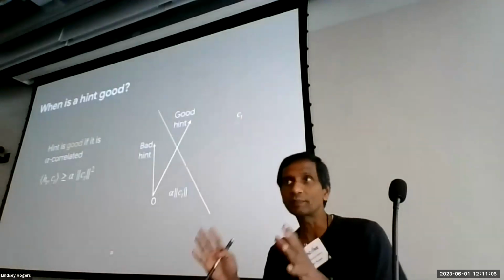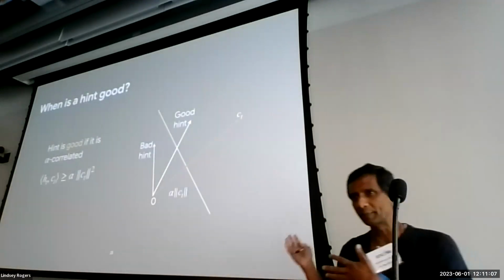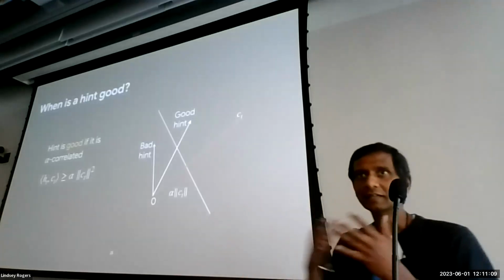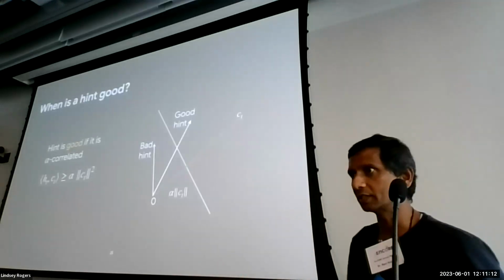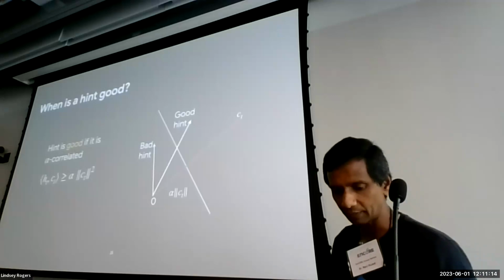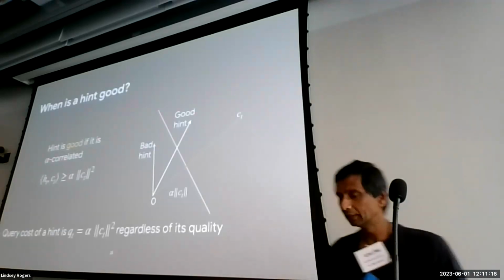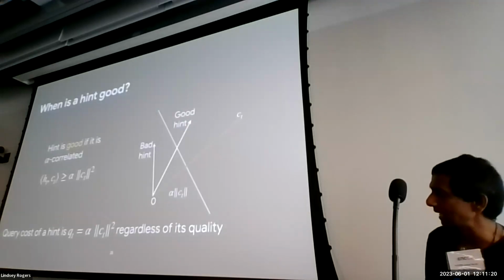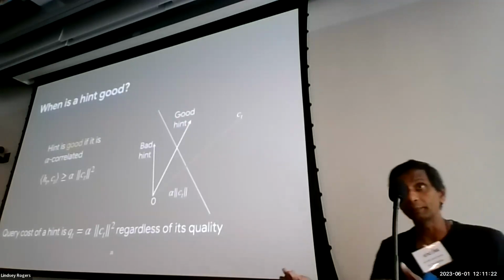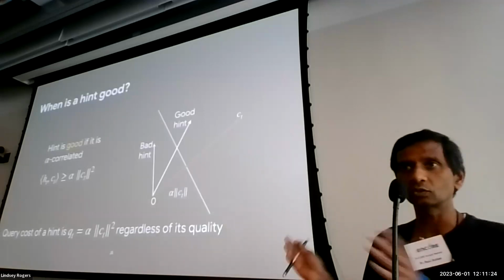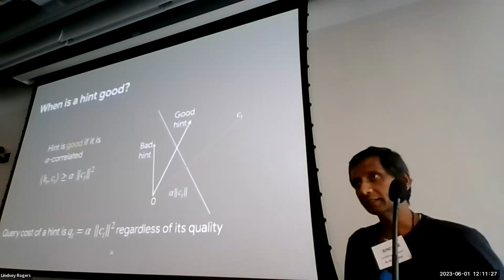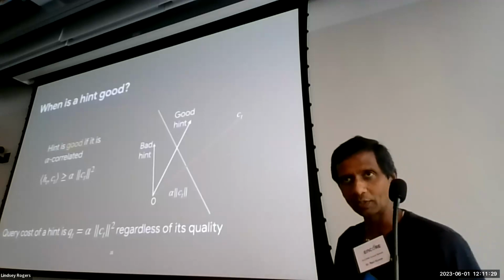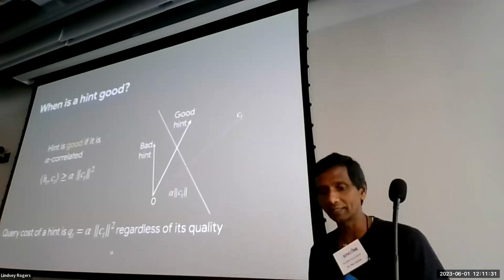People who are familiar with continuous optimization know there is something called optimism bounds that deal with distance notions, but we feel the correlation notion is better. It actually leads to better bounds. And the cost of a hint query is basically this quantity, the length of the yet-to-appear cost vector, regardless of the hint's quality. So we don't care about quality, we just assign a cost to that. We don't want to charge only the good hints, we want to charge all the hints.